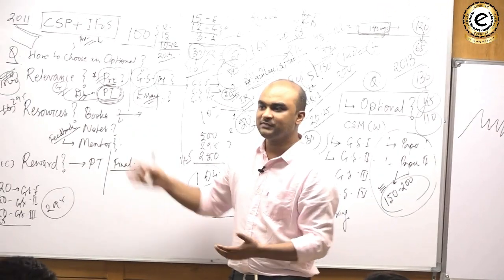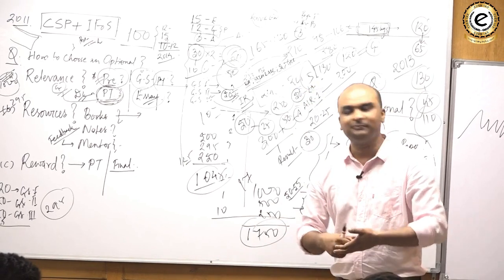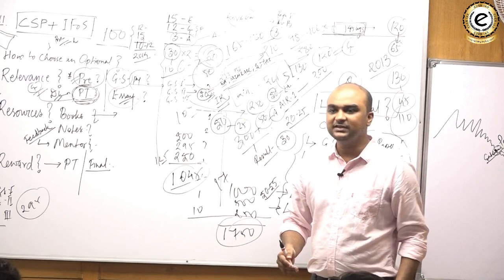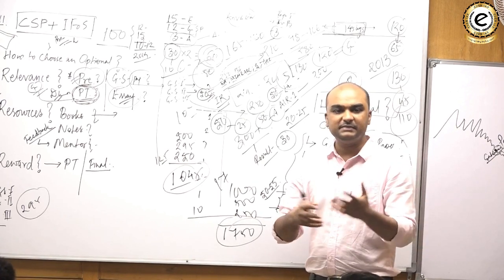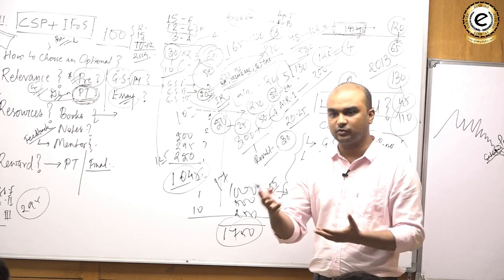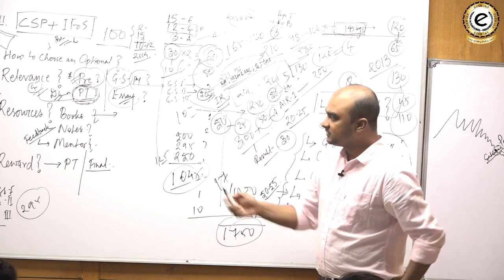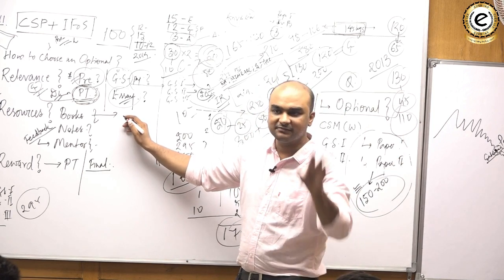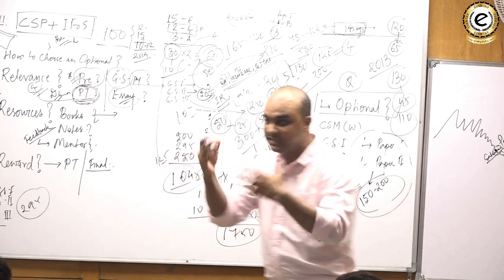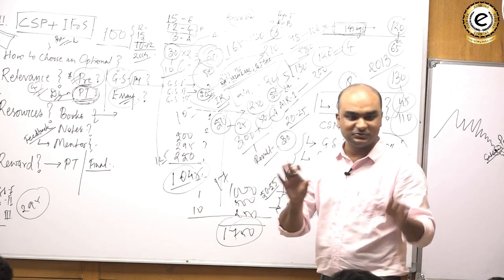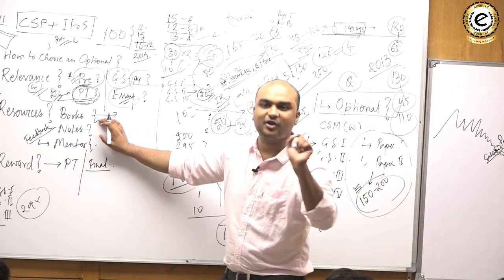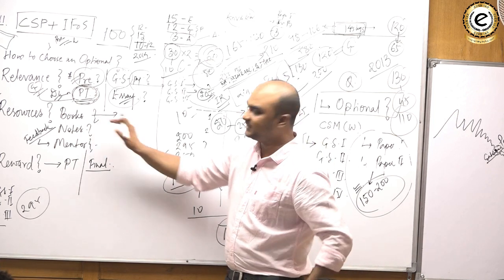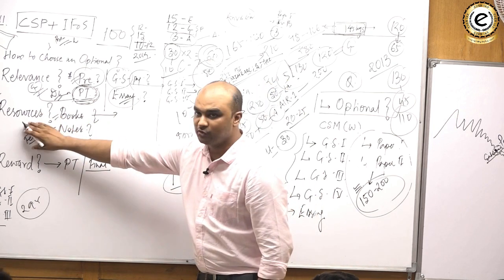Are you understanding this? Now understand, for any other optional, if I go there and ask them to take out that book, they say it is not there, we have never even heard the name. It means that maybe people are not looking for that optional so much. Are you clear with that? So geography has a plethora of books available in the market, which gives you the indication that geography is an extremely popular optional, and that's why people are looking for geography all the time. That's why you see that geography is good with respect to resources.